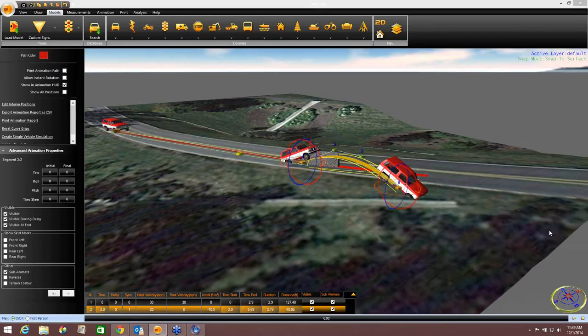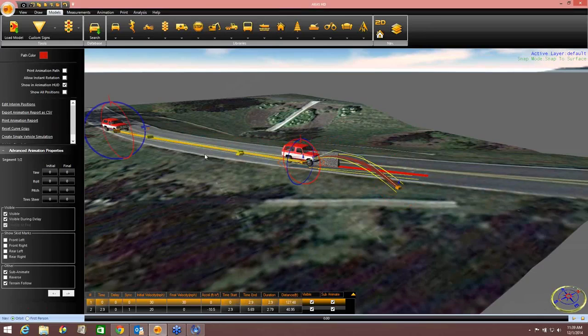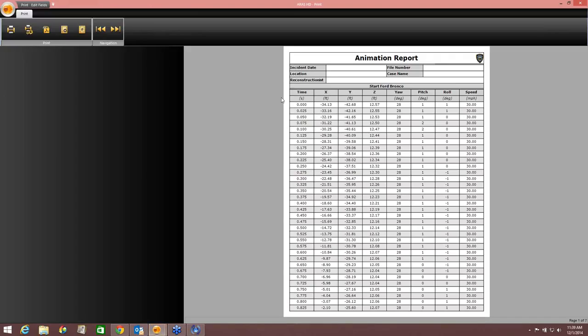Okay, how about the data that was entered by the user? Is that about your animation? I'm assuming it's about your animation. You're talking about this data down here on the bottom, because that's the only data we entered. You talking about the data here, the speeds? Yes. Okay, well that's in there. If you go to Print Animation Report again, there's your speed, 30 miles per hour. That was the data that was entered